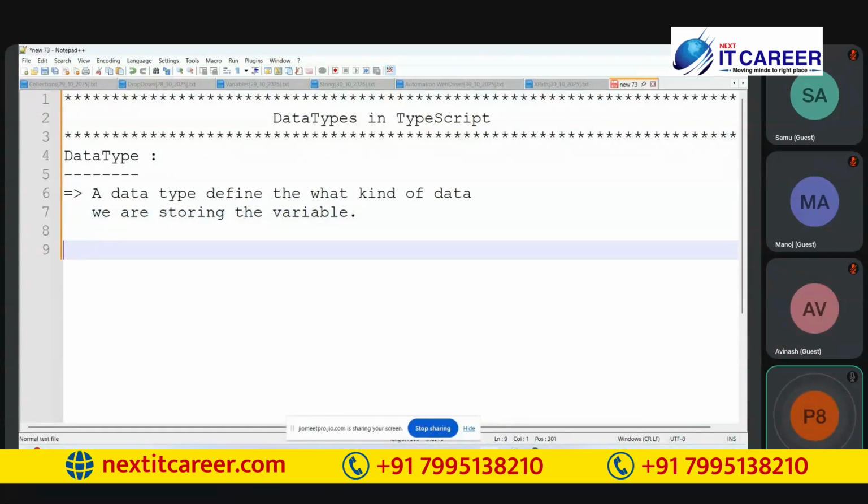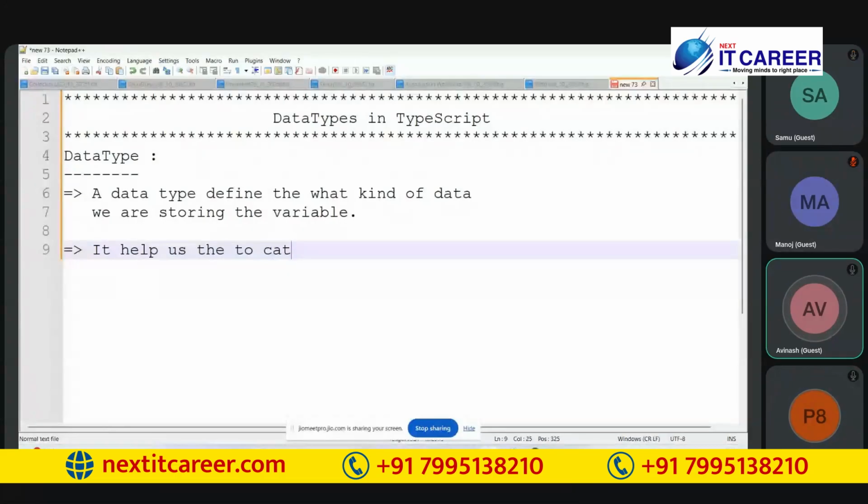It helps us to catch errors early during the development stage.